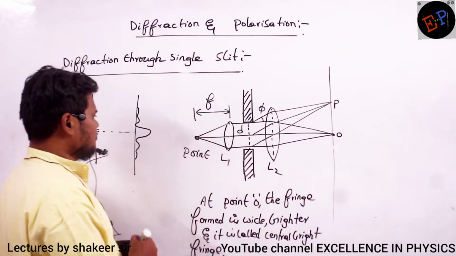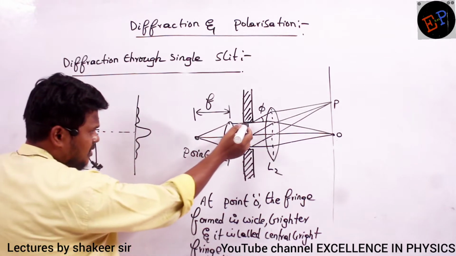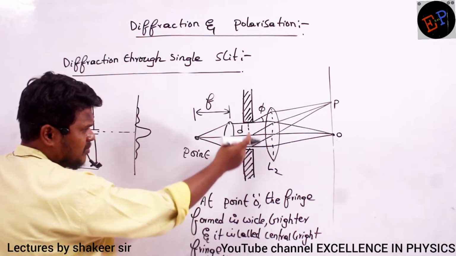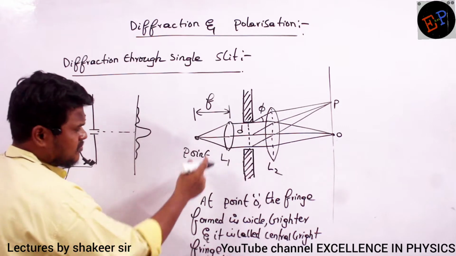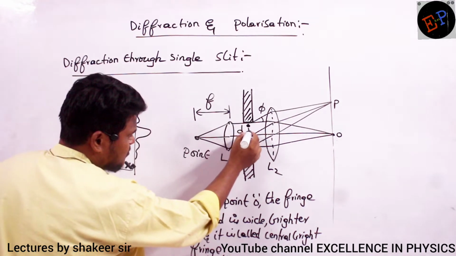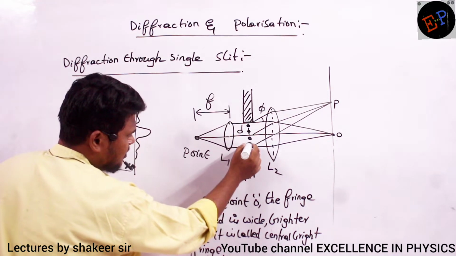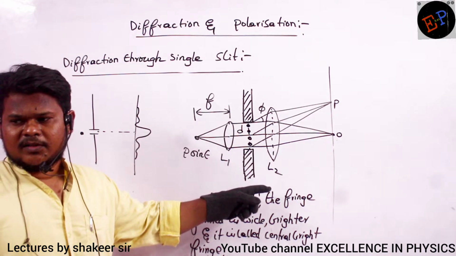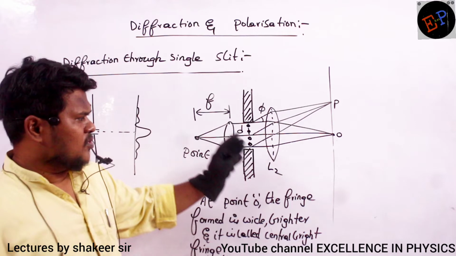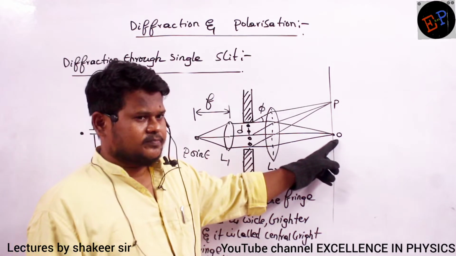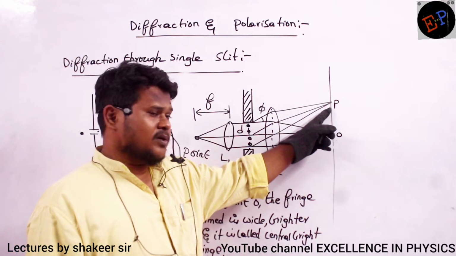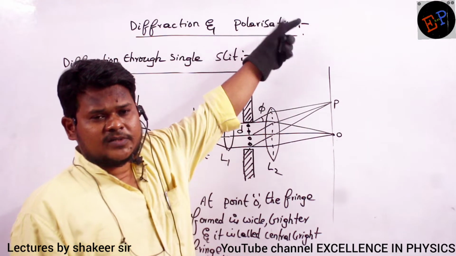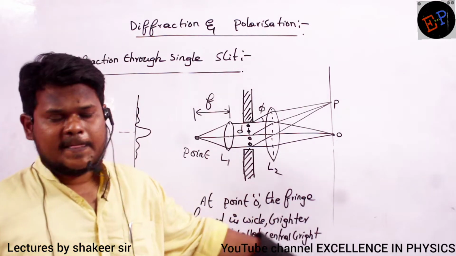Now see, here in this gap a wavefront will be present. In this gap, what will be present? A light wavefront is present. Every point on this wavefront behaves like a secondary source of light. Every point on the wavefront behaves like what? Secondary source of light. So most of the light is concentrated here. Some of the light will reach this point also. Some of the light will reach the point above, so light will be continuously forming on the screen. So bands will form.